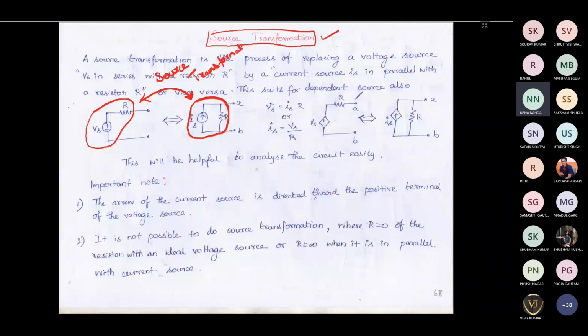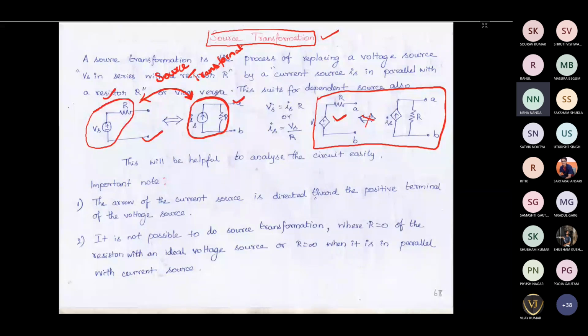Okay, this is also applicable to dependent sources. However, we will not use it. The same thing is available for dependent sources, but we will not use this for any of your problems mostly, but we will be using this often. Okay, first of all, why do we need this? We will be able to solve the circuit very easily once you understand this.